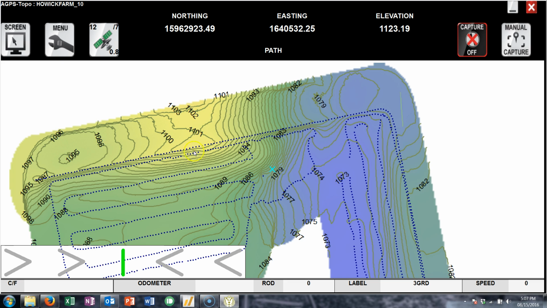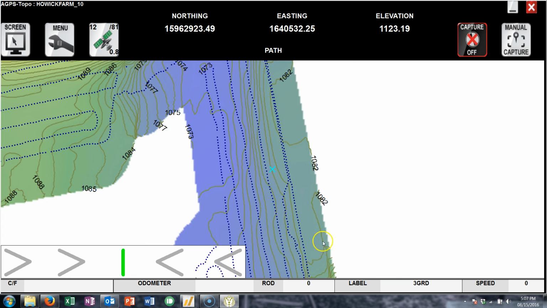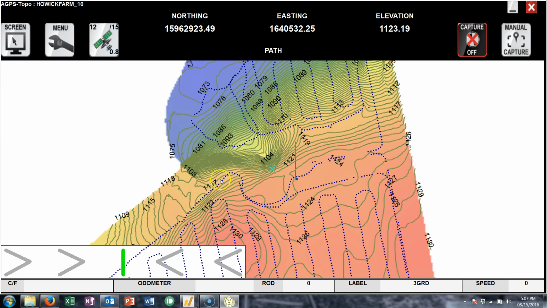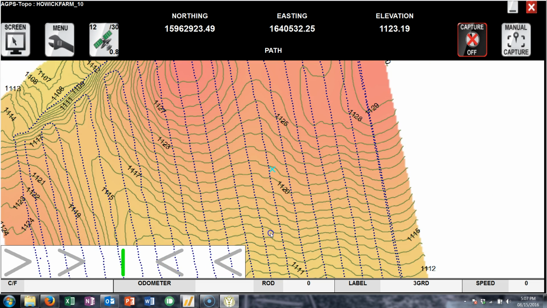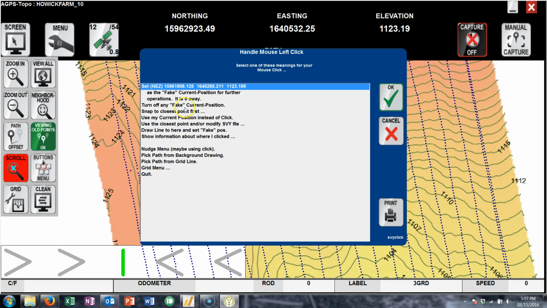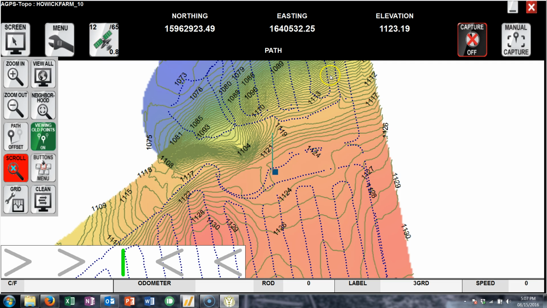It's contoured well beyond. It's sort of extrapolated out well beyond what I've surveyed. So that's basically it. And we'll just turn the scroll off, turn off the fake position, and